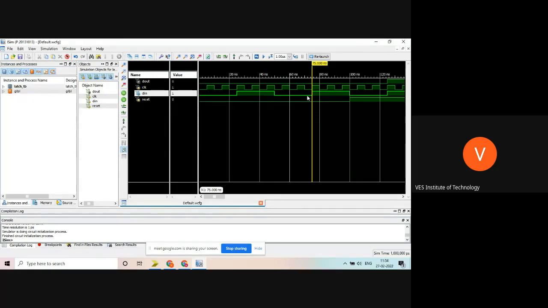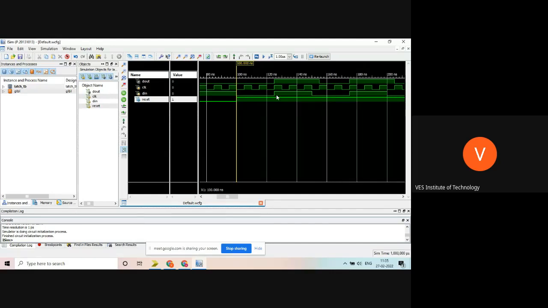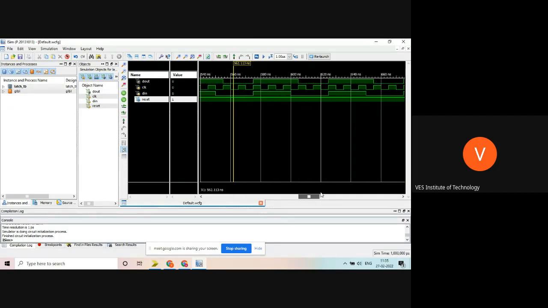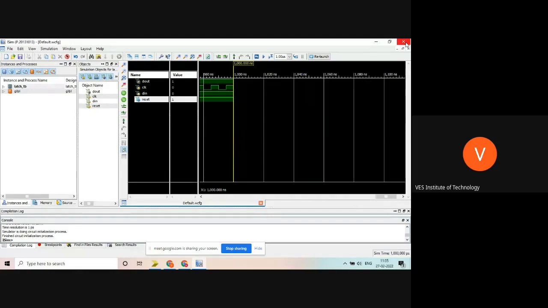25. I have given time 25. But here the data was not accepted, because the clock signal is not 1 at that time. So why is this change not taken? Because reset is 0. Okay, up to this point reset was 0. So that's why the change was not taken. Change was taken from this point. Okay. So once enable got 1, here data was 0, then 1, then 0, 1. So you can see the change on the D out. So this is latch.